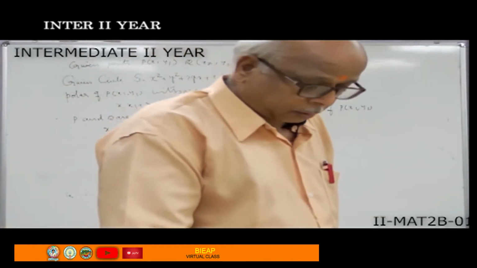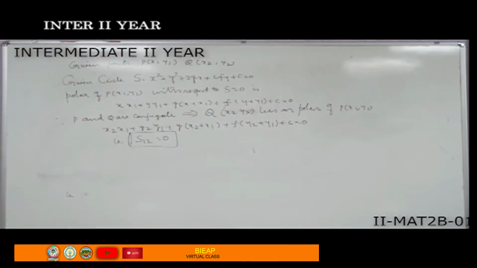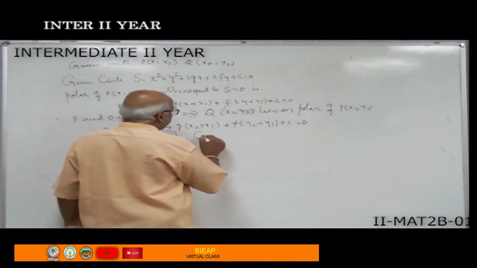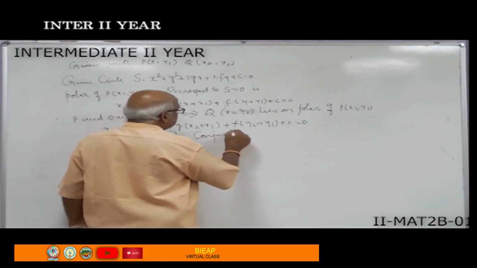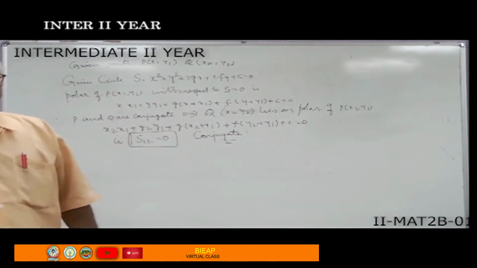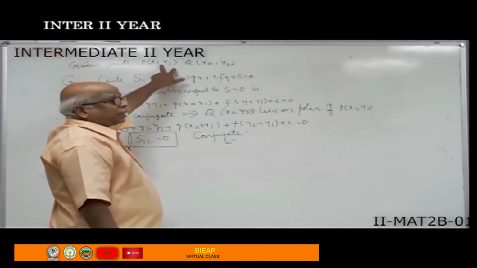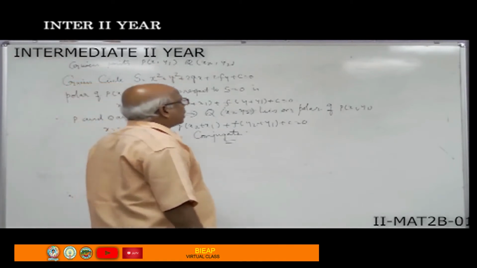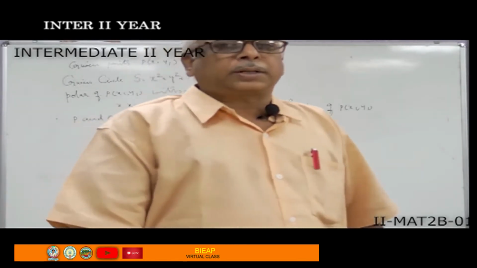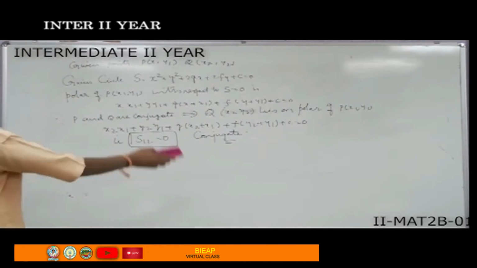That is S12 equal to 0, the condition for 2 points to be conjugate. 2 points are given and the circle equation is given. Compute S12. If S12 equal to 0, then those 2 points are conjugate. Otherwise, those are non-conjugate points. Next